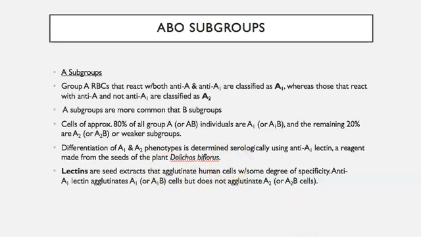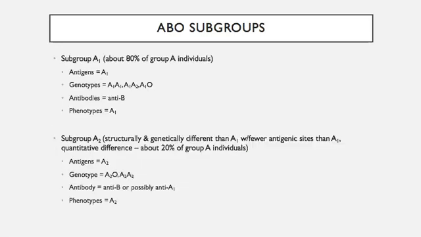Lectins are seed extracts that agglutinate human cells. Anti-A1 lectin agglutinates A1 or A1B cells, but does not agglutinate A2 or A2B cells. So again, taking that reasoning and using your reagents, you can determine if a patient has an A subgroup. Okay, so the subgroups that are possible: